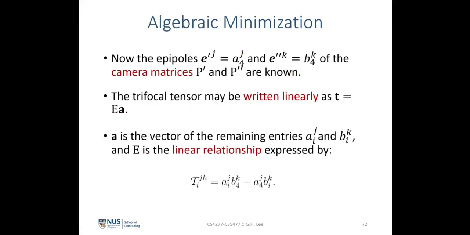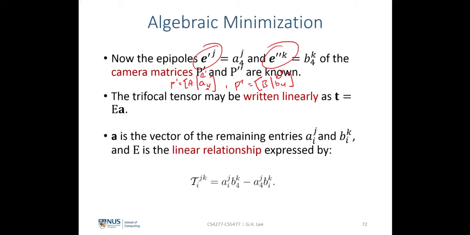So now, once the epipoles are solved in the second view and the third view, which we denote as E prime as well as E prime prime over here, we know that the last columns of P prime and P prime prime would be known. We saw that P prime over here is equal to A, A4, where A4 is simply equal to E prime, and P prime prime over here is equal to B, B4, where B4 is simply equal to E prime prime. Since we have solved E prime and E prime prime earlier on from the trifocal tensor,